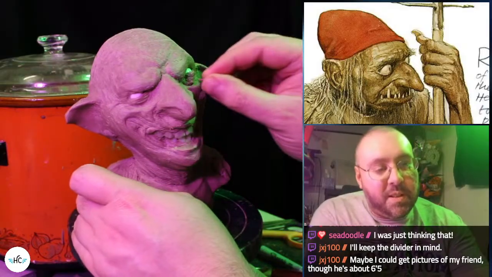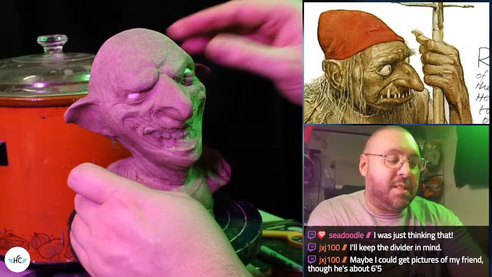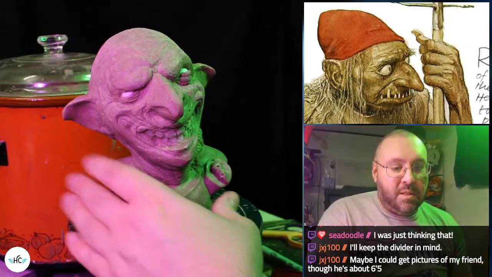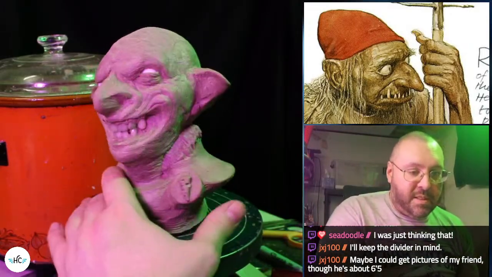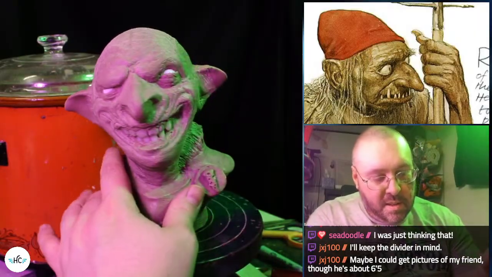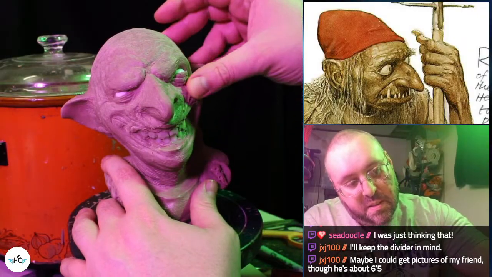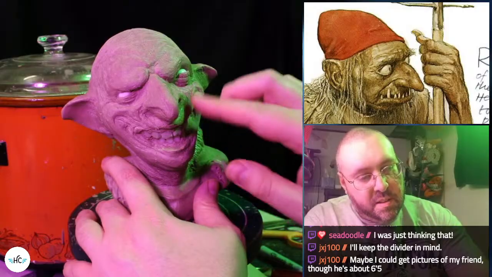I've never been a fan of fully trusting measurements and measuring devices when it comes to art and sculpture, but they are very handy for getting a start.